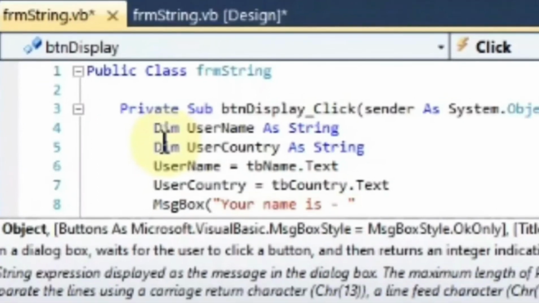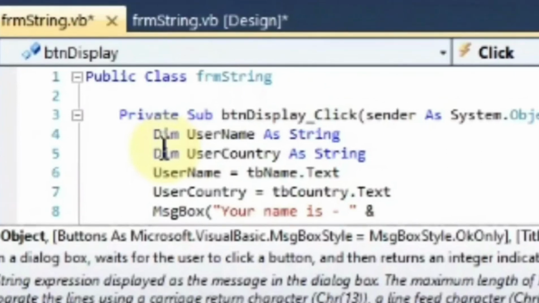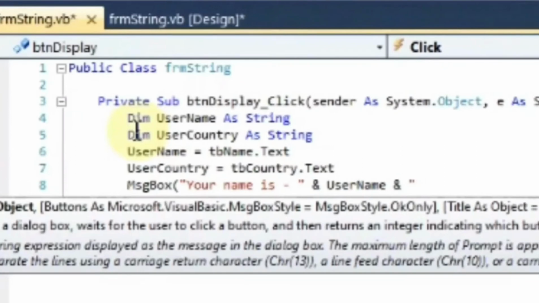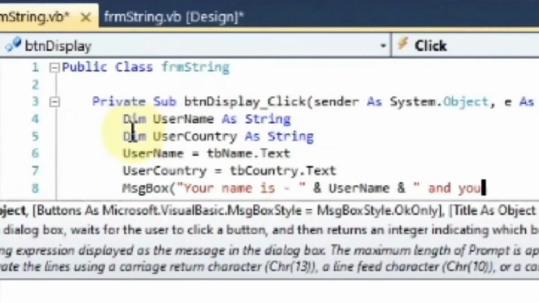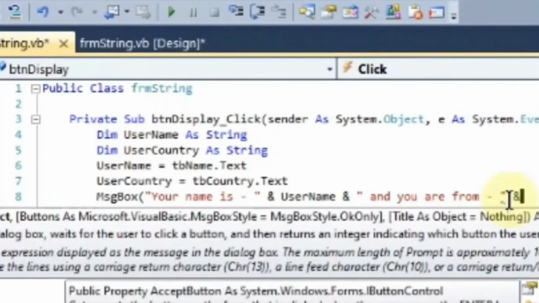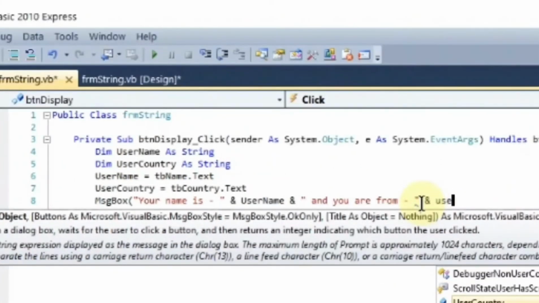We use the ampersand symbol for concatenation, and then username, concatenation symbol, double quotation, and you are from, double quotation again, and then concatenation symbol, user country, close parenthesis, and